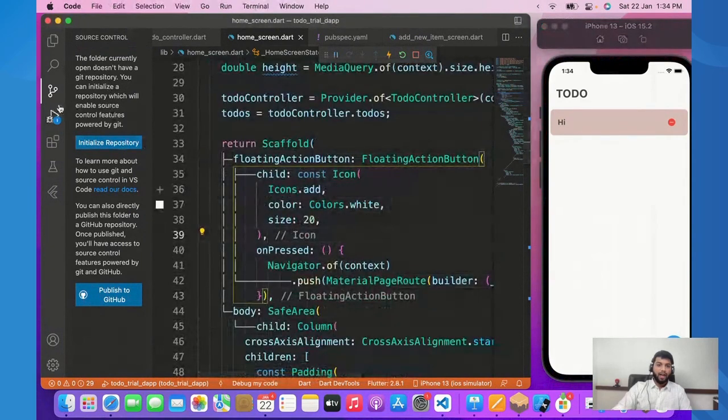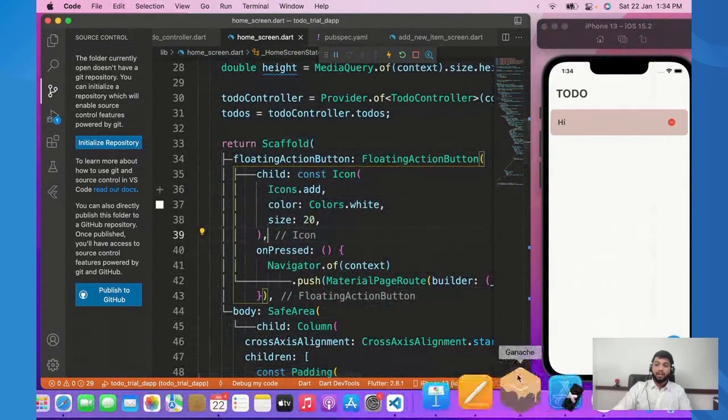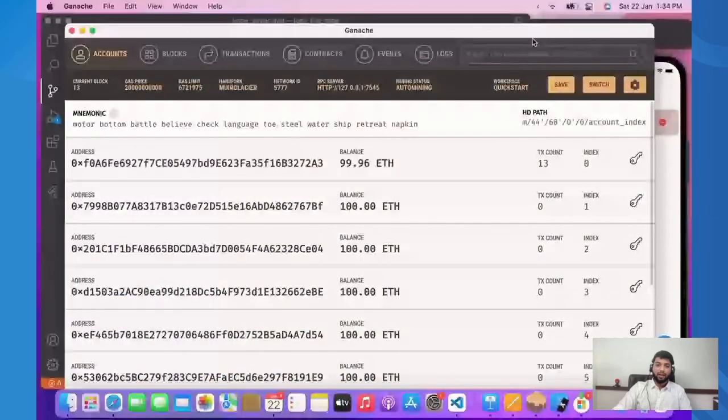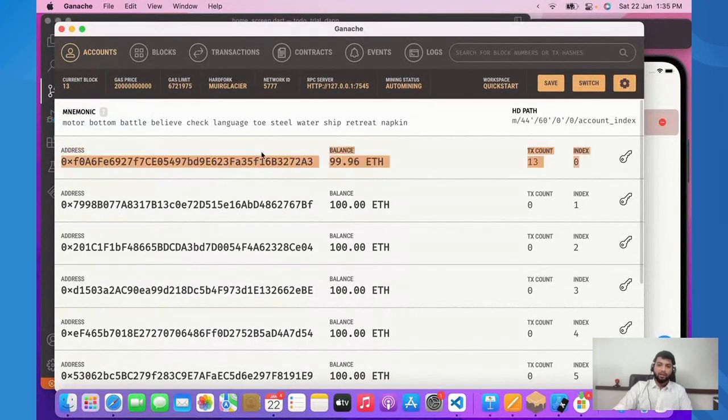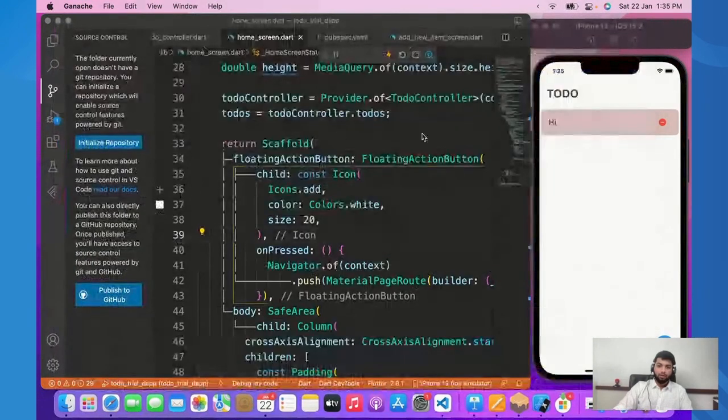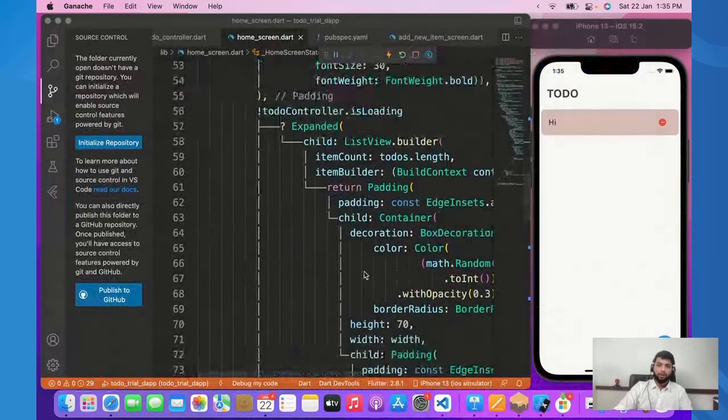So we have used web3 and Ganache, and whenever we are creating any task, you can see the balance is reducing. It was 9.8, now it has become 9.6. So the more tasks we create, the less balance we are left with. But this is a trial local server, so we have an unlimited kind of ETH balance, so there won't be an issue. But when we upload this to the live server, you'll have to make sure about the balance that you have, or you'll have to buy extra balance over here. So this is what we have done.